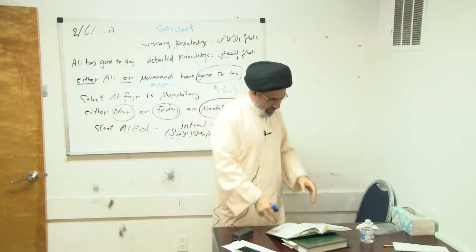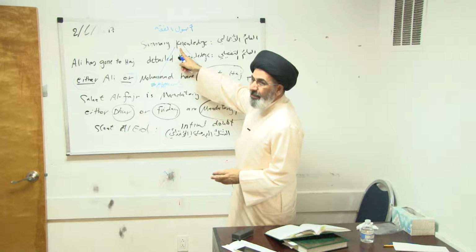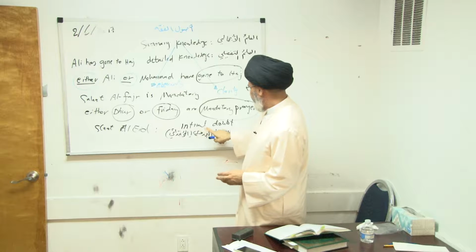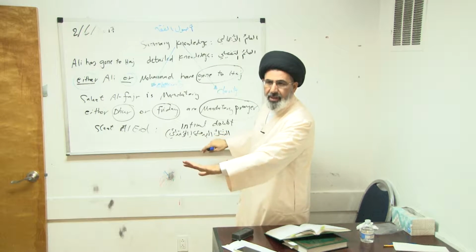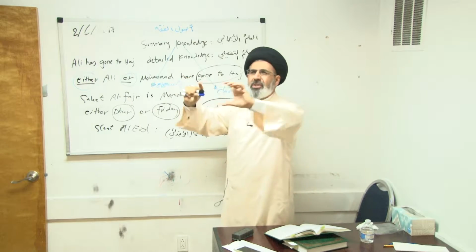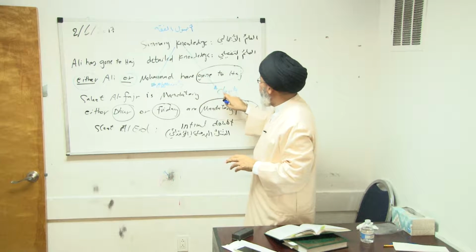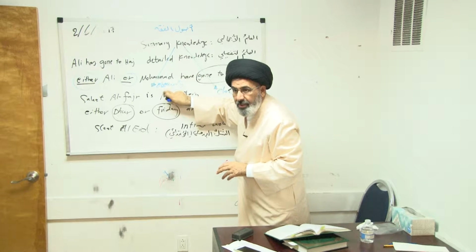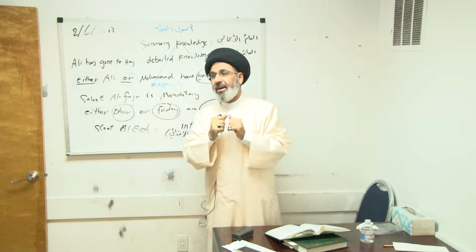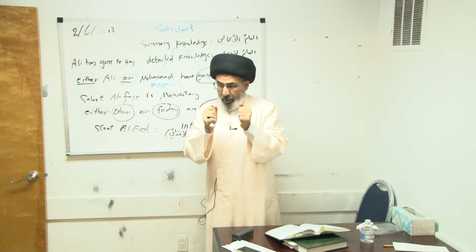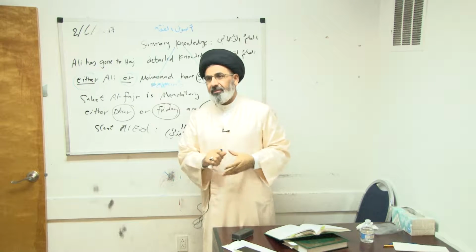Okay. Now, in the summary knowledge, we do not apply bara'ah. In the initial doubt, we apply bara'ah, because there is no hint whatsoever. But in the summary knowledge, because part of it is clarity and part of it is obscurity, when it comes to this obscurity, I cannot apply exemption. I cannot apply bara'ah. I have to apply ihtiyat.